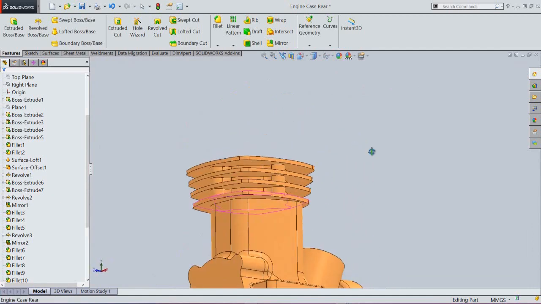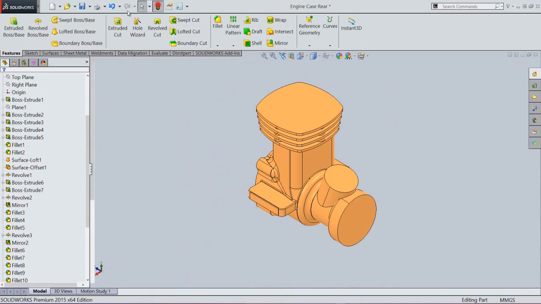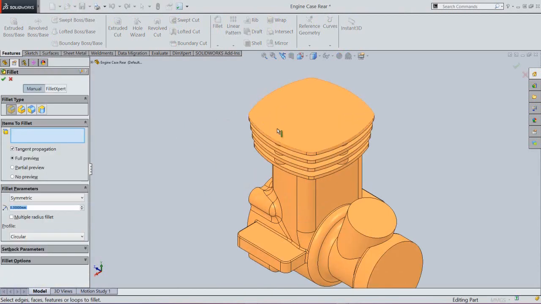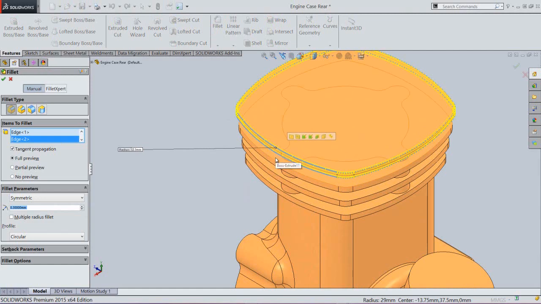Now see 4 patterns of this feature are created. Now it's looking very fine. Now we will apply some more fillets on this model.